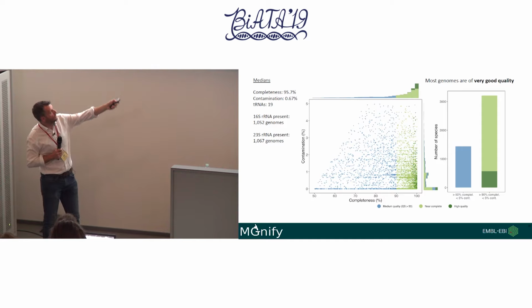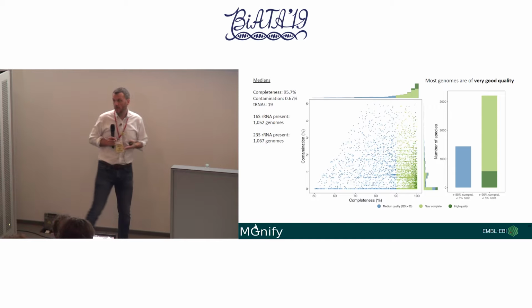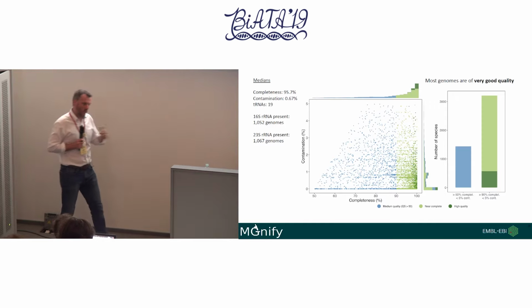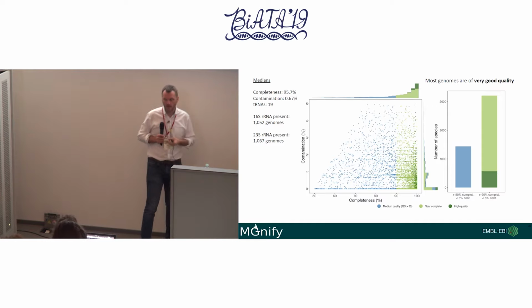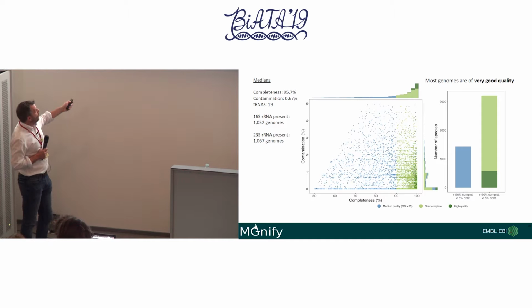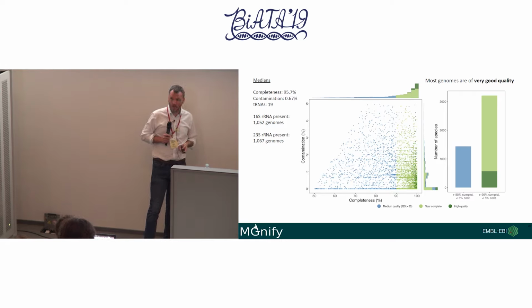If we actually group these here, there are very few, and these are mostly isolates, although we do see some MAGs where you do recover the 16S and 23S, but they are very rare cases. If you go back, they just seem to be very dominant in that sample and manage to just get through the assembler. But overall, if we look at the proportions, everything is where you want it to be. So we think we've got a pretty good comprehensive set of the human gut microbiome now that's usable for driving further analyses.